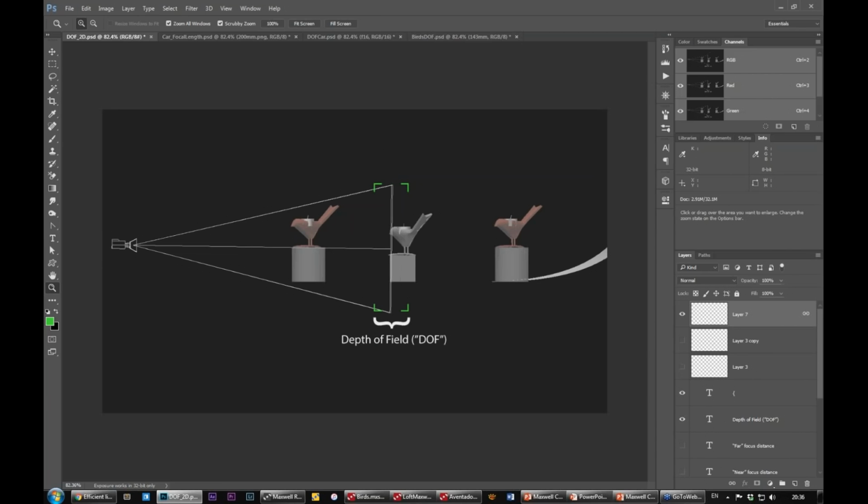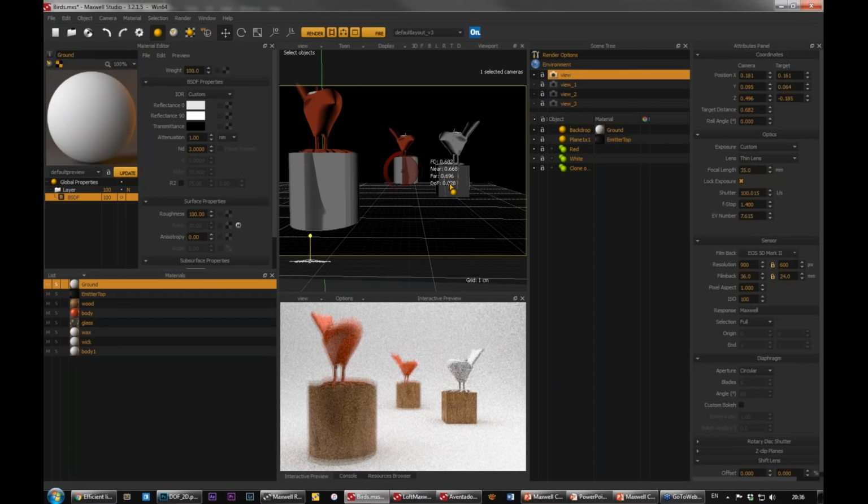So then the depth of field is really this slice of in focus that you will have extending inward and outward from your focal distance. This is really what we refer to as the depth of field. And you can see here in this particular example that the total depth of field here is just 2.8 centimeters. So everything in Maxwell here is in metric. So you have a very small depth of field here with just 2.8 centimeters that are going to be in focus. And as I raise the f-stop,